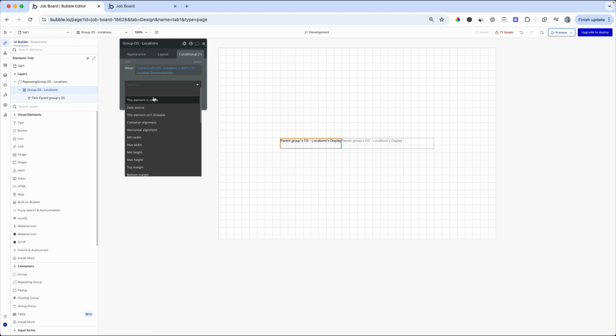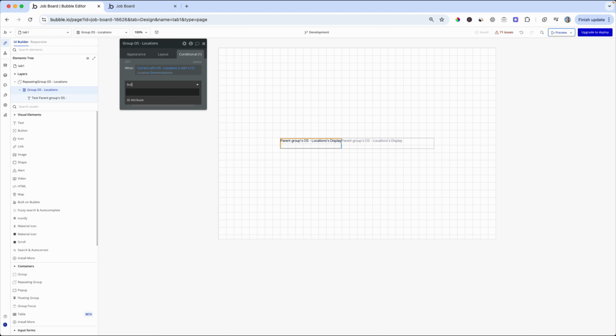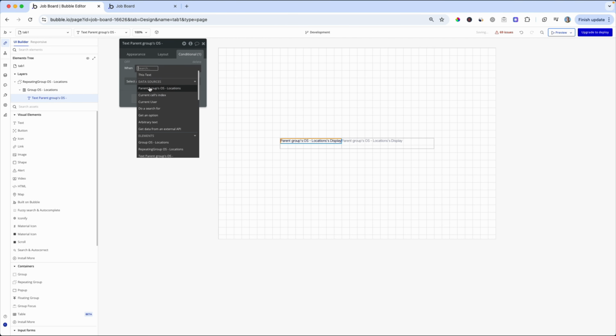Okay, going to be the group element on the bottom, border style bottom. We're going to be solid, and then border color solid, and let's say the color is just the default value here. And the next thing I want to change is the color when the parent group's locations is